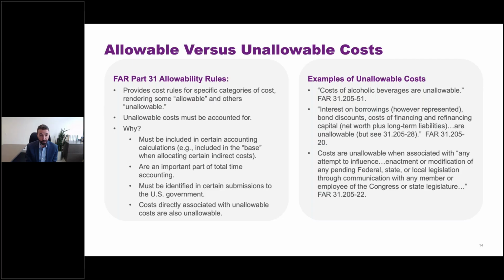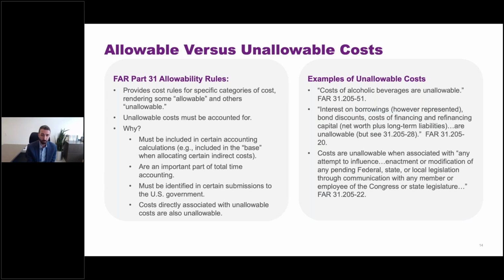And that can be true even if you think that an alcoholic beverage for some reason is actually required by contract performance. So you probably have to think up a hypothetical to get to that. But you can imagine a situation, maybe you have some kind of arrangement, where it often comes up is, say you have an employee morale event, an office party or something, and you want to have alcohol for that. The government is not going to be interested in paying for that, and we'll point to this cost principle.